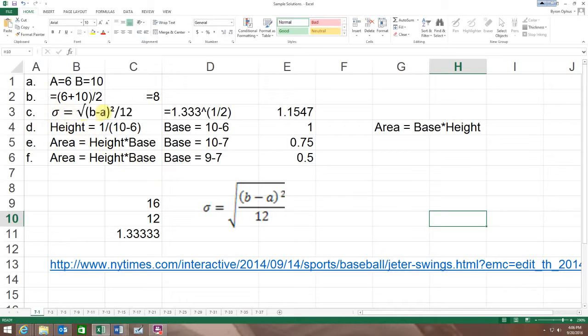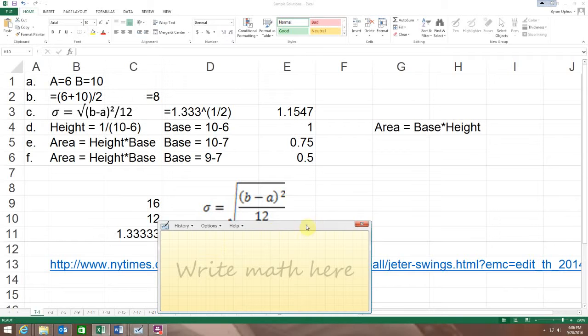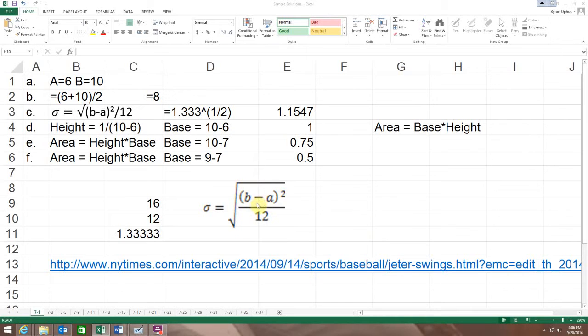I've kind of expressed it here too. It's really tough to find these symbols and whatnot, and I use this math equation writer to help me actually do these. But anyhow, I've got it set up here, and I've kind of broken it up a little bit. So we got b minus a, or 10 minus 6, squared, divided by 12. So 10 minus 6 is 4 squared, 16 divided by 12 is equal to the